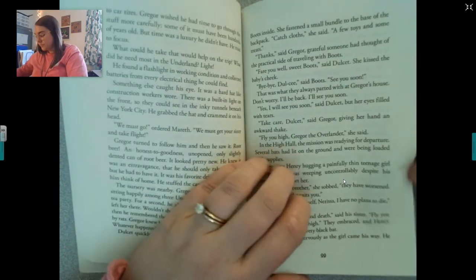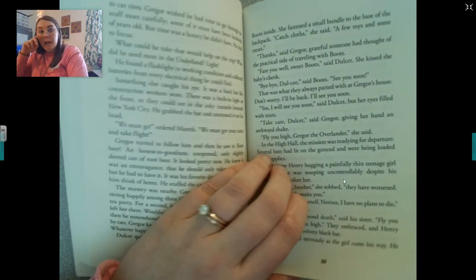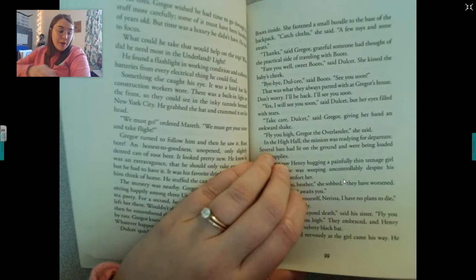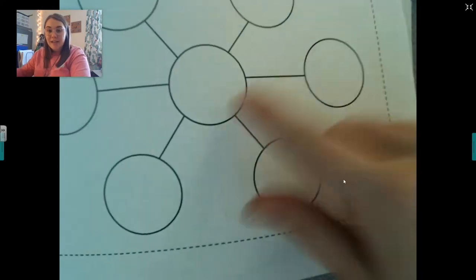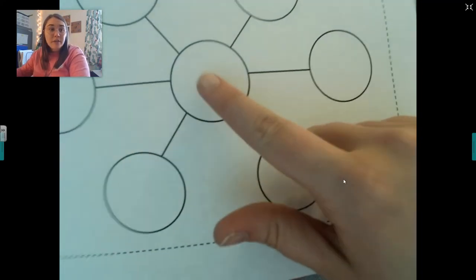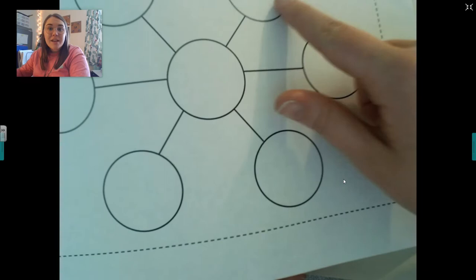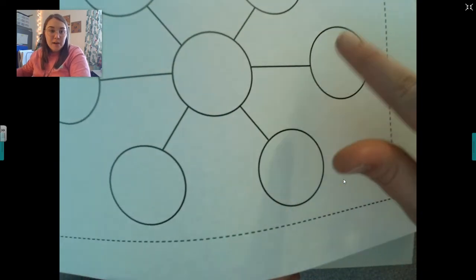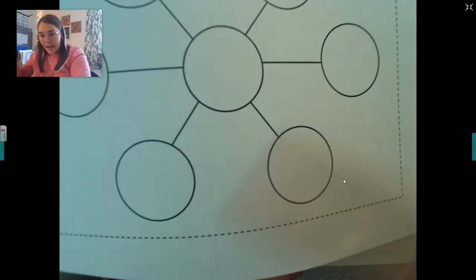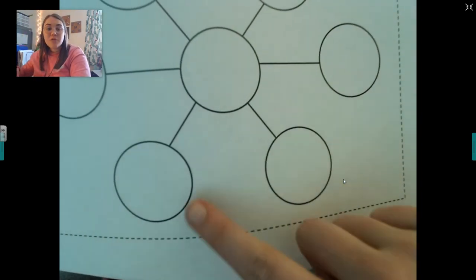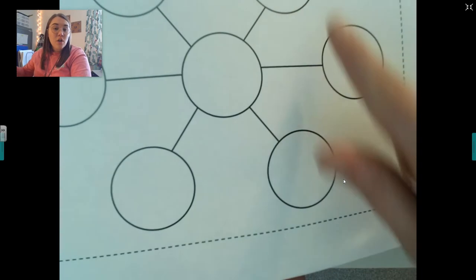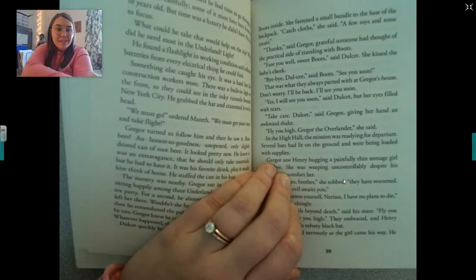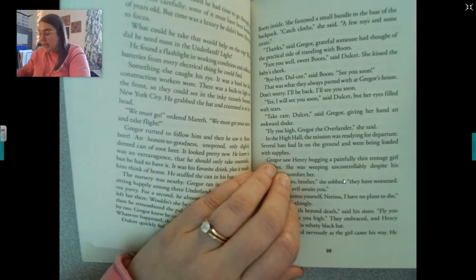Okay, I'm going to pause again. So they are still preparing for battle. All these people are doing all of these things to prepare for battle. So right now, if I had to guess the central idea, I would say they're preparing for their quest. Dulcet got Boots ready. Gregor got a root beer, a flashlight, and a helmet light. Vicus prepared the bats. Henry said goodbye to his sister. Those are all of the details, those are how they prepared for their quest. So far, that's the main thing that they have done.